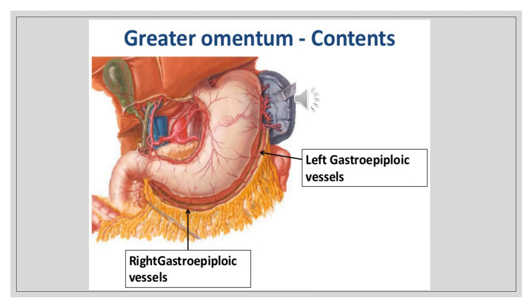The right and left gastroepiploic vessels anastomose with each other in the interval between the first two layers of the greater omentum, a little below the greater curvature of the stomach. It is often laden with fat. The blood supply of the greater curvature of the stomach has two main sources, the right and left gastroepiploic vessels. They are seen in this greater omentum, and the greater omentum is heavily laden with fat.